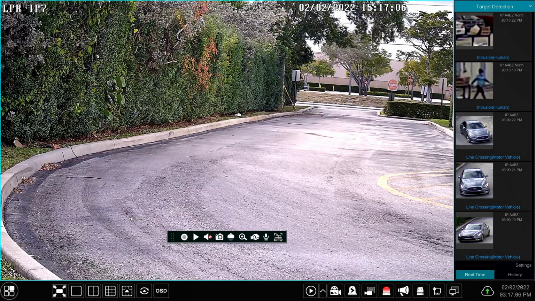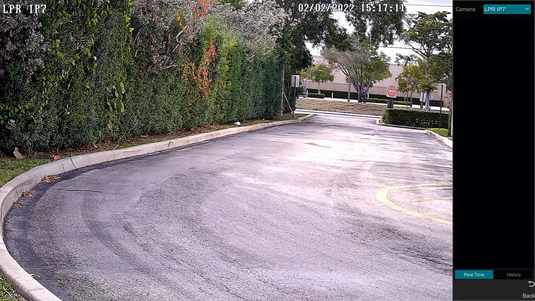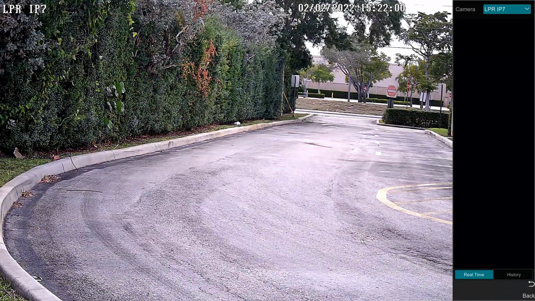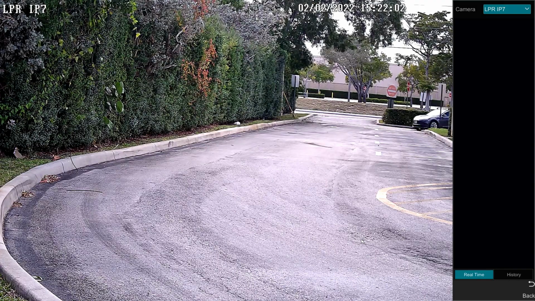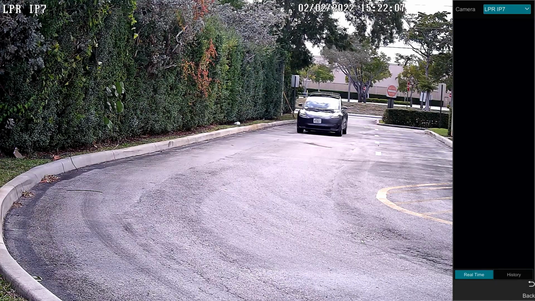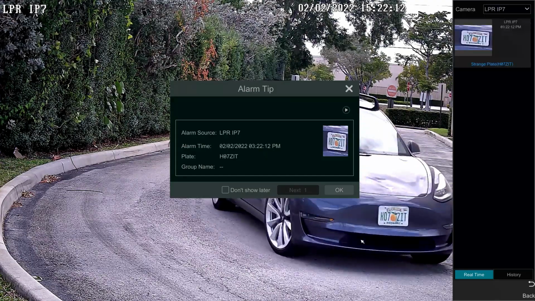I'm going to go to the single camera view of the LPR camera to get set up for the demo of the strange plate detection. When I pull up this view, I enabled the real-time target detection on the right-hand side so that when license plates pass through the detection zone, they'll be displayed in real time along the right-hand side of the screen there. In a few seconds, you'll see me coming around the corner, and I'm going to enter the license plate detection zone. That zone is about 20 feet in front of the camera, so about right there.